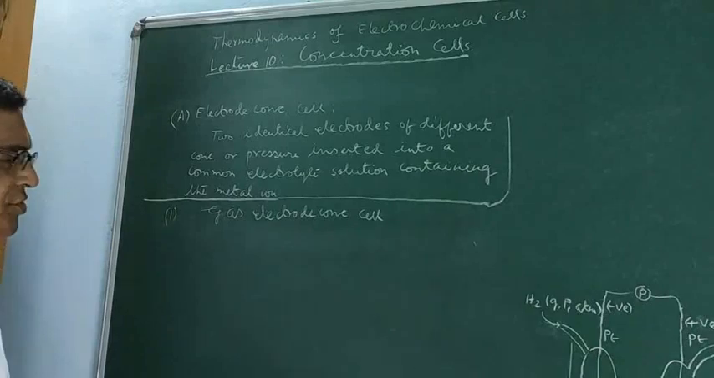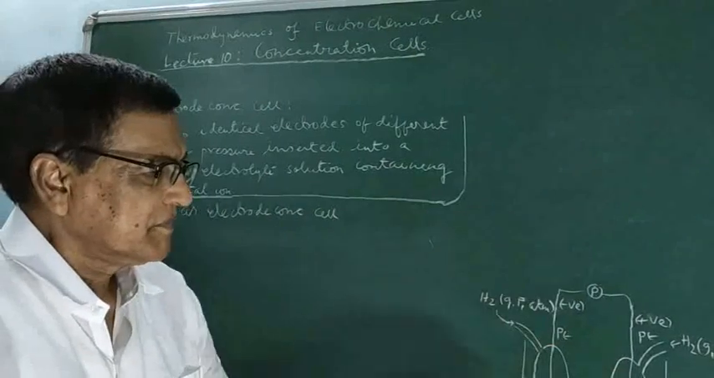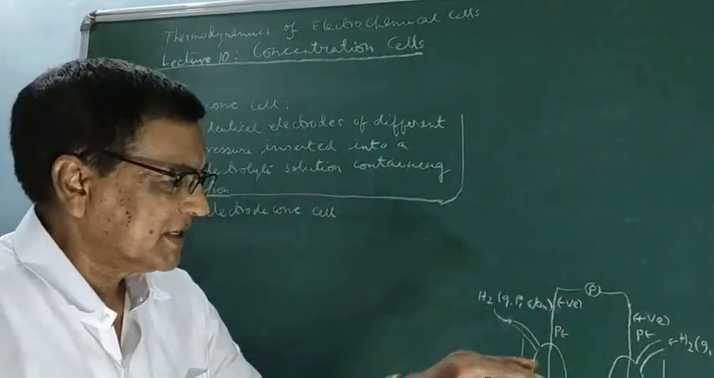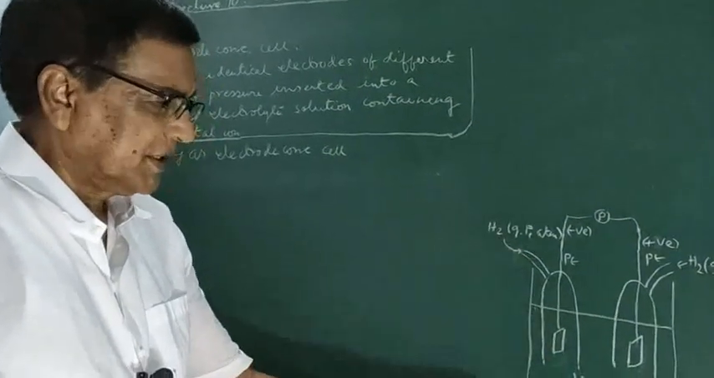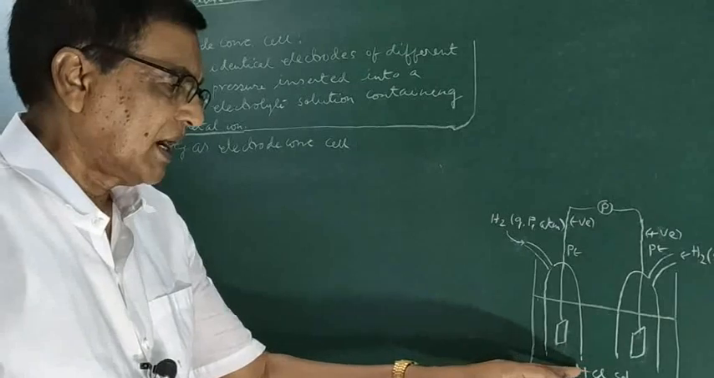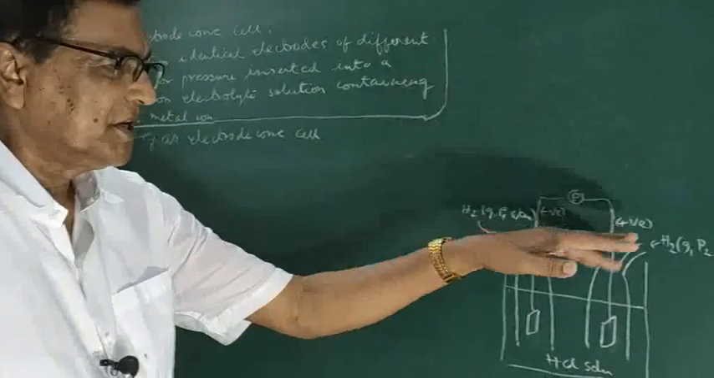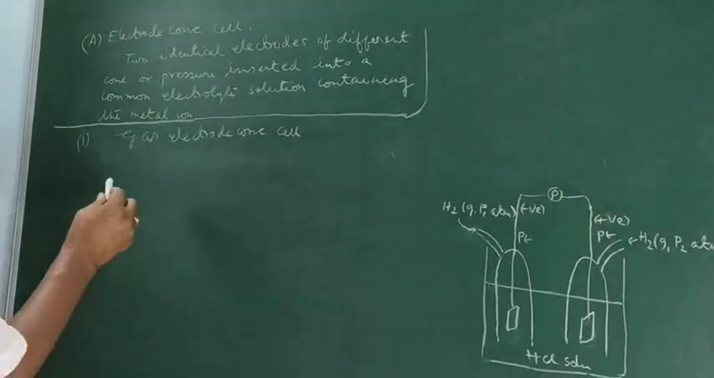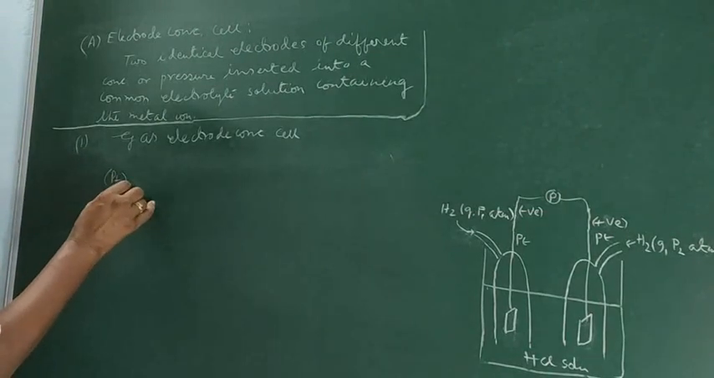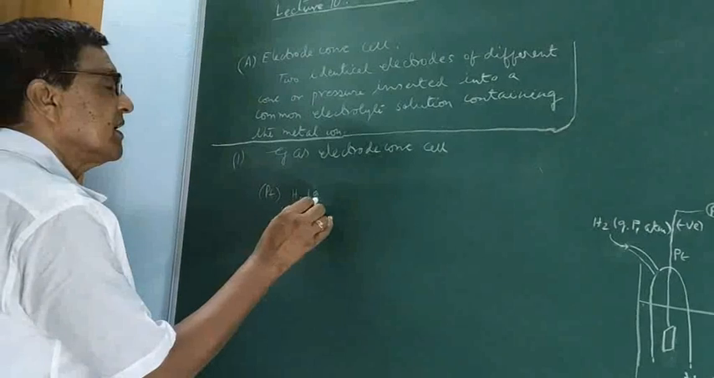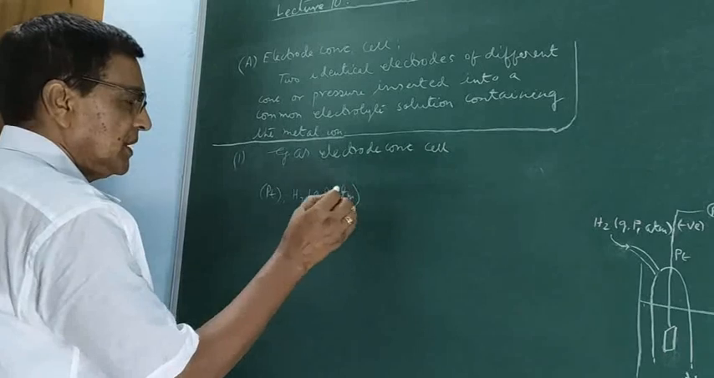Gas electrode concentration cell. Here the two electrodes are of the same gas, differing in pressures, and they are dipped in a solution containing the ion of that gas. Here the hydrogen ion is the common ion which is reversible with both these electrodes, and these are the same hydrogen gas. In this case also I can write platinum and hydrogen gas at P1 atmosphere pressure, and